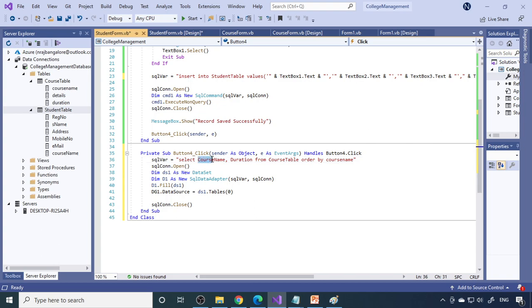For that, instead of course name, you have to take the register number here. Then the student name, that is S name. Then you can take the course name. So COURSEN, 3 columns. Right. So this is from the student table. And here is S name. So SQL is not case sensitive. Here small letter, capital letter is okay. There is no problem. Fine.